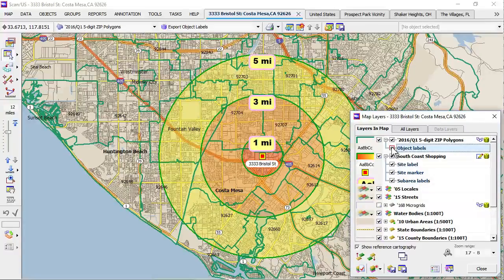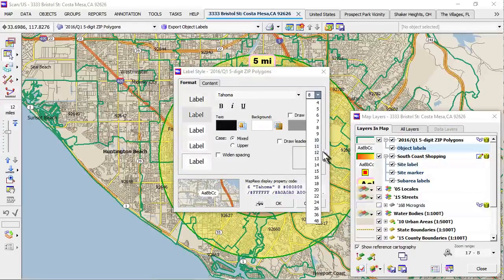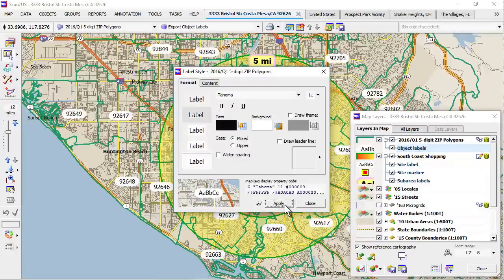Well, they're kind of small. Let's make them bigger and more legible. So here are the zip codes. I'm going to leave them in Tahoma font and come up here and apply. That looks pretty good. Now, I do notice something funny though, and that is that maybe there are not quite